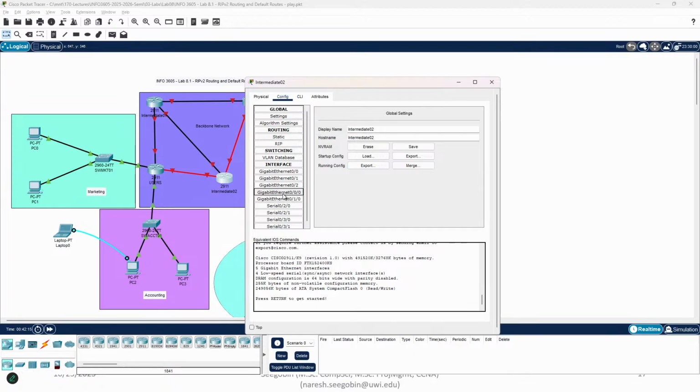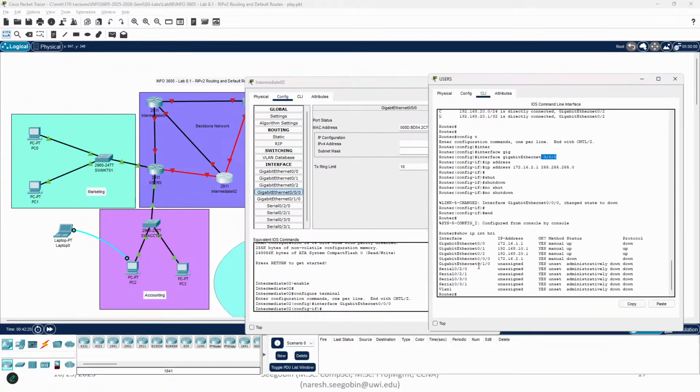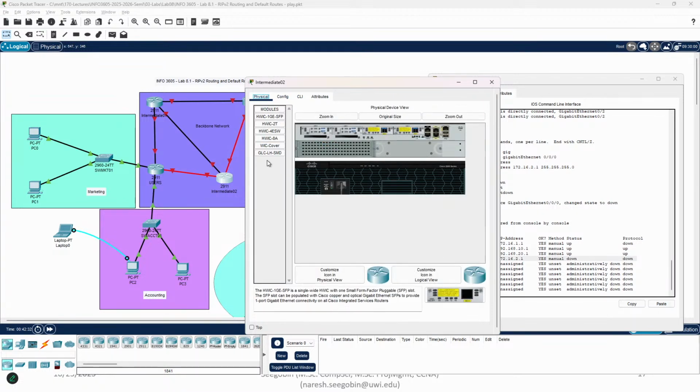When you do gig 0/0, nothing here is telling me what it is about. And I did a no shut, right? Let me make sure. Yeah, that's it, 0/0. So this is it. We're doing it here. Right? It's only when we go into physical